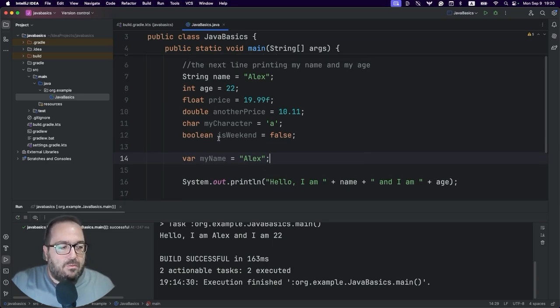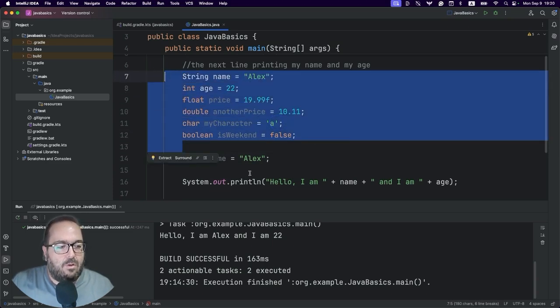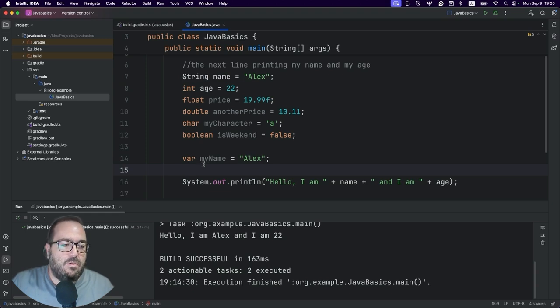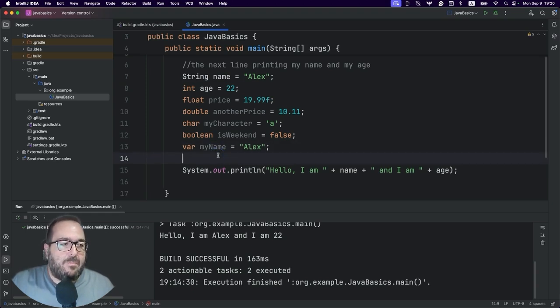And from now on, we are not going to use the first way. We are only going to use the var keyword when setting our variables. The last thing that you should remember is that when you are giving a name to your variable, it's better to give a meaningful name. Technically, you can do whatever you want. You can say var x, y, and set it to be 1, 2, 3, 4. It doesn't really matter, but it's not very readable.